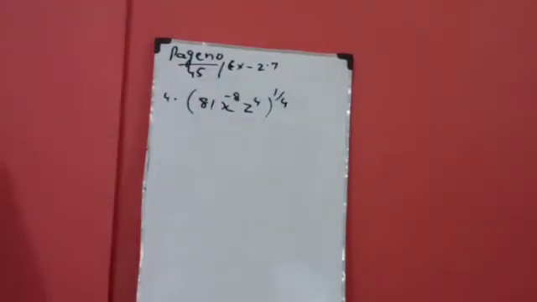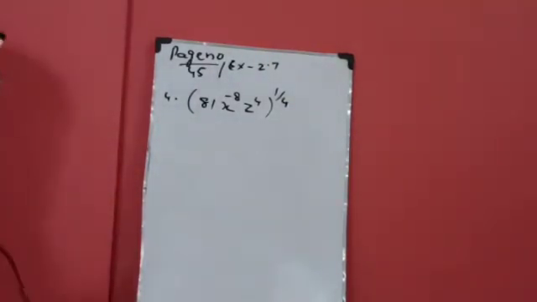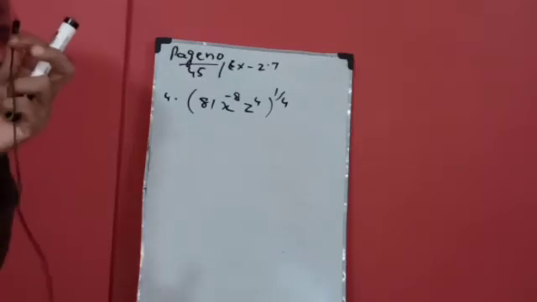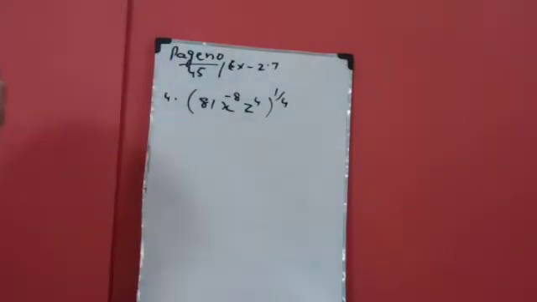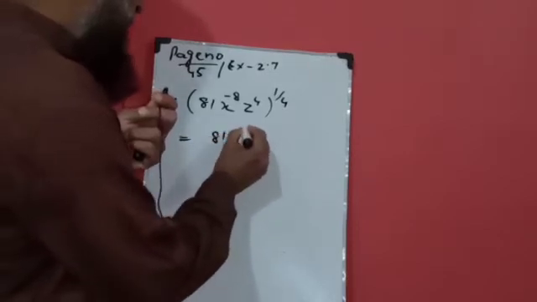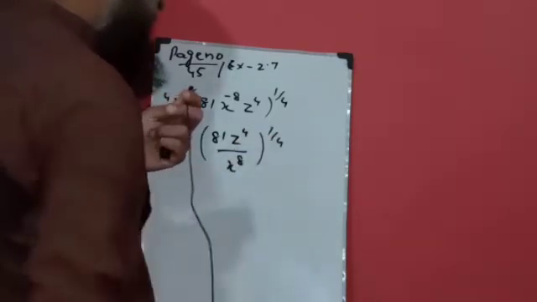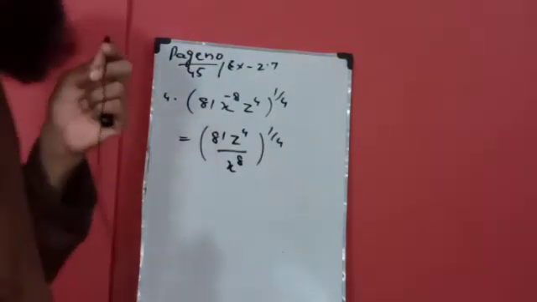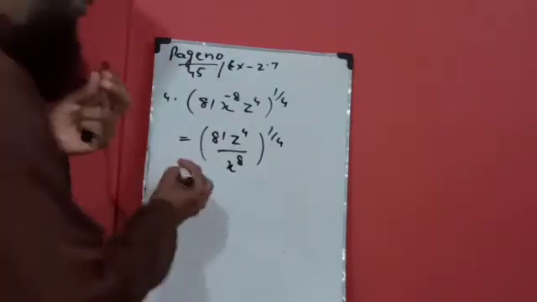Okay, now come to question number 4 of the exercise. 81 x raised to power minus 8 z raised to power 4, whole raised to power 1 upon 4. First, x has a negative power, so we make it positive and it goes into the denominator. In the next step, we write the question as 81 z to the 4 upon x raised to power 8, whole raised to power 1 upon 4. If any power is on a bracket, that means each and every term has this power. So we write as